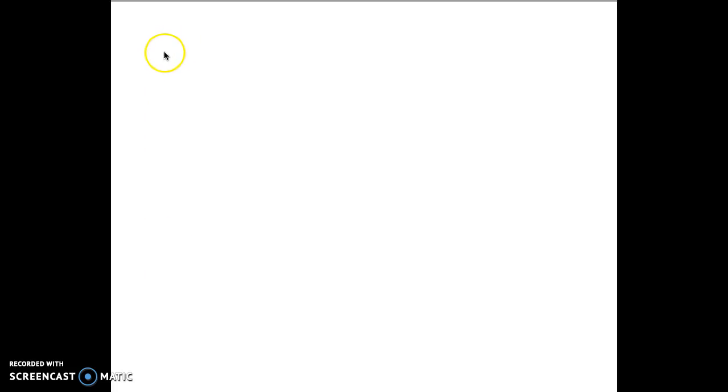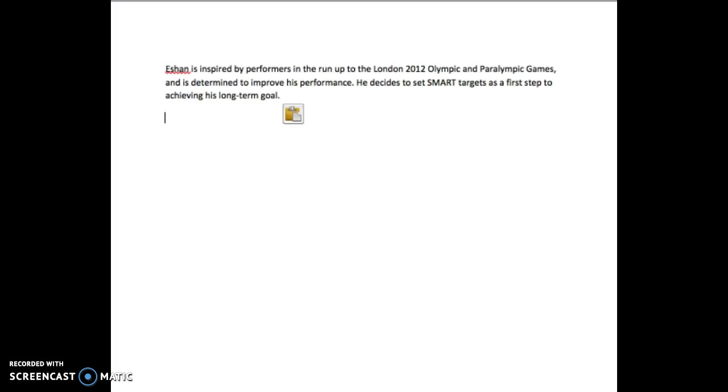Hi folks, let's have a look at a different GCSE 6-mark question. This time, in terms of the way that the question's presented at the beginning, it's slightly different than some. The command word doesn't become immediately apparent. So here we go. Ishan is inspired by performers in the run-up to the London 2012 Olympic and Paralympic Games